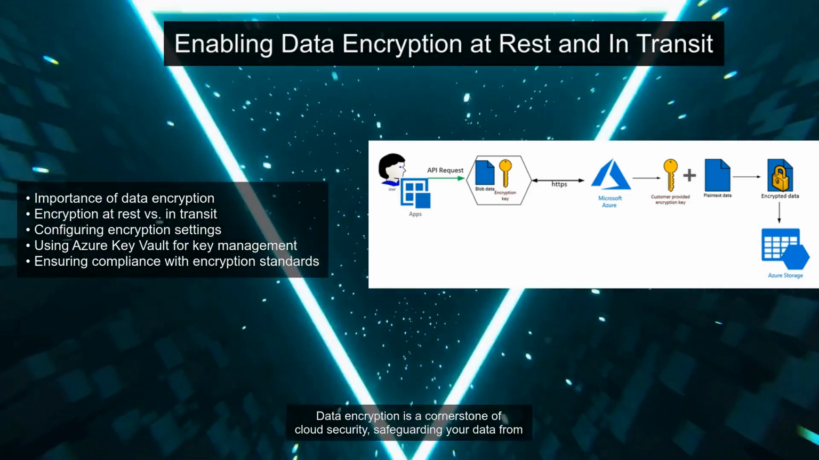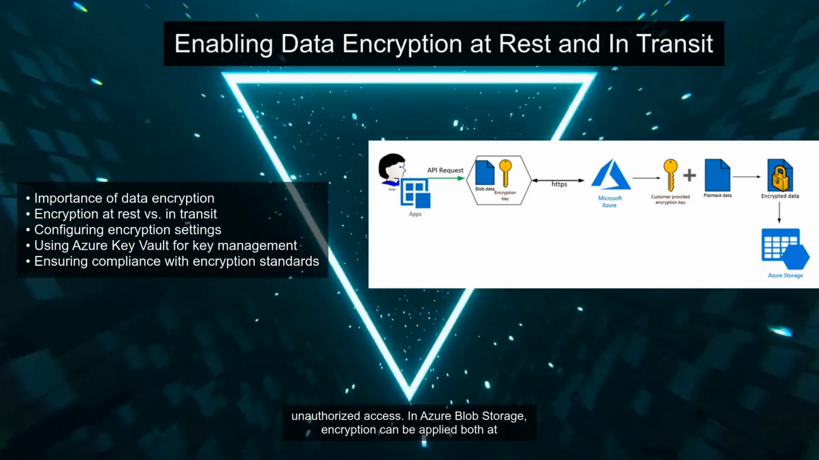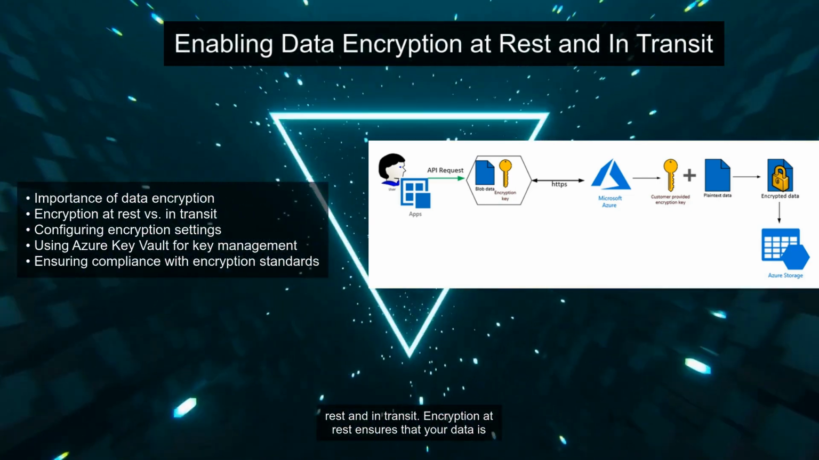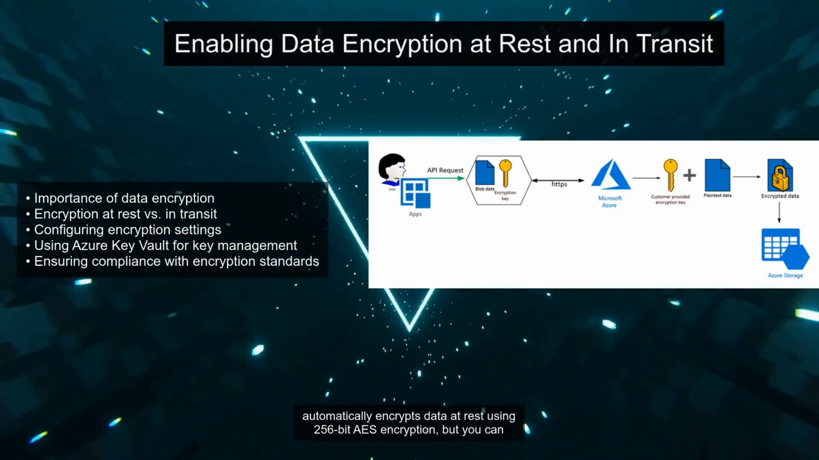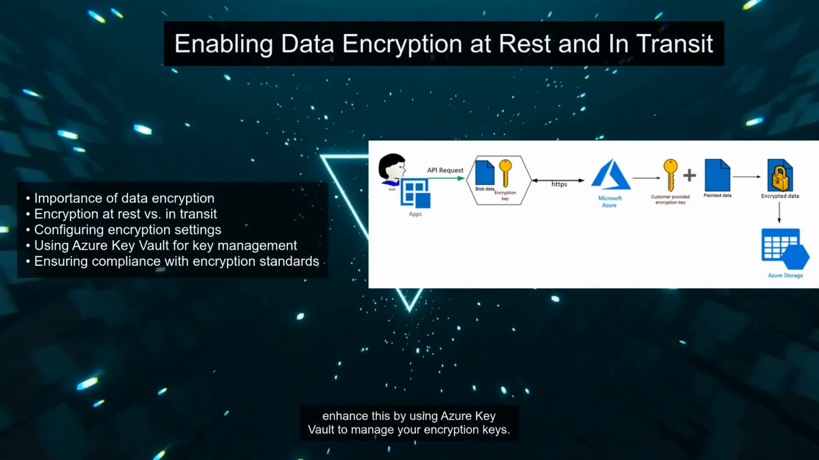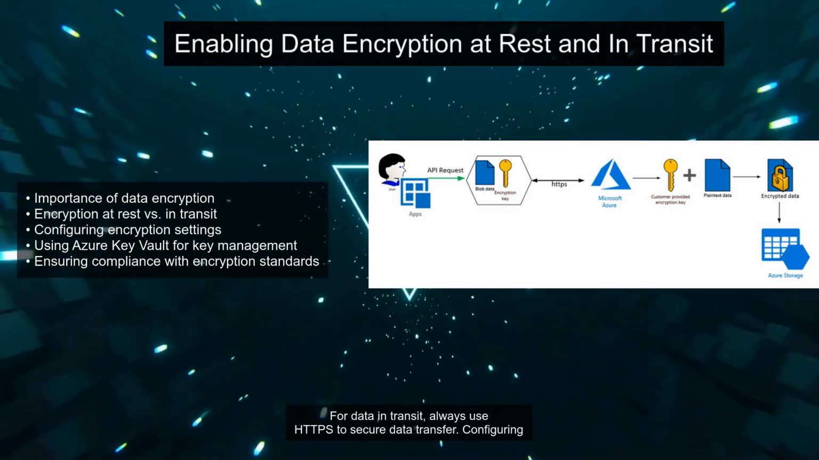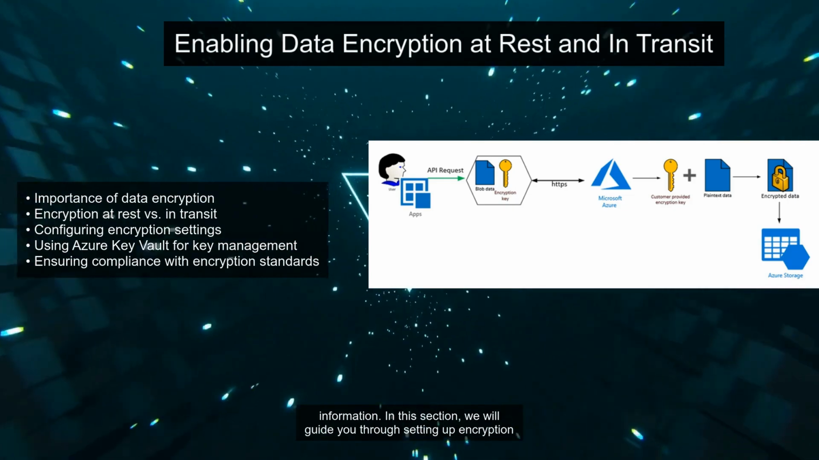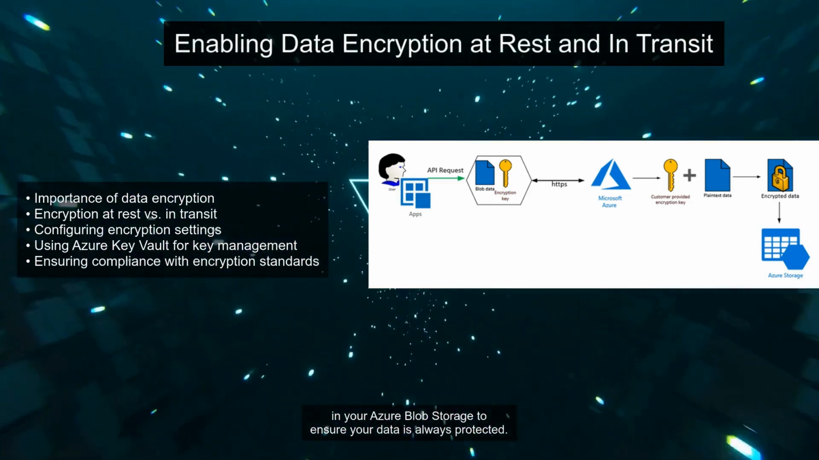Data encryption is a cornerstone of cloud security, safeguarding your data from unauthorized access. In Azure Blob Storage, encryption can be applied both at rest and in transit. Encryption at rest ensures that your data is encrypted when stored, while encryption in transit protects it during transmission. Azure automatically encrypts data at rest using 256-bit AES encryption, but you can enhance this by using Azure Key Vault to manage your encryption keys. For data in transit, always use HTTPS to secure data transfer. Configuring these encryption settings is crucial for meeting compliance requirements and protecting sensitive information. In this section, we will guide you through setting up encryption in your Azure Blob Storage to ensure your data